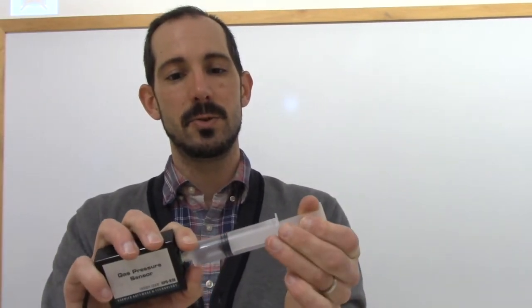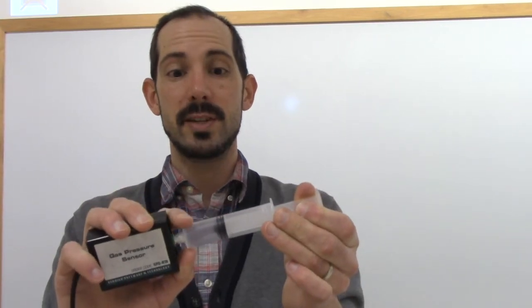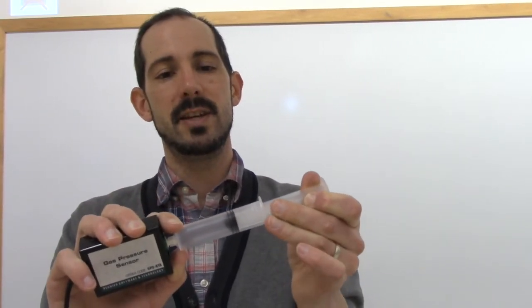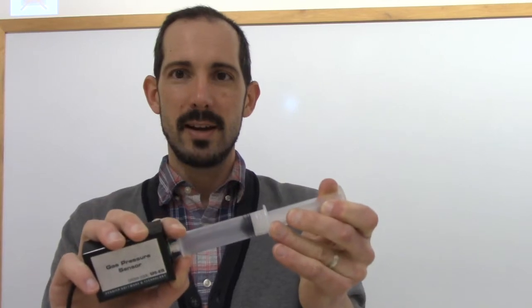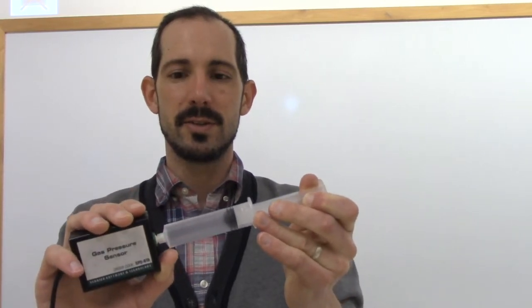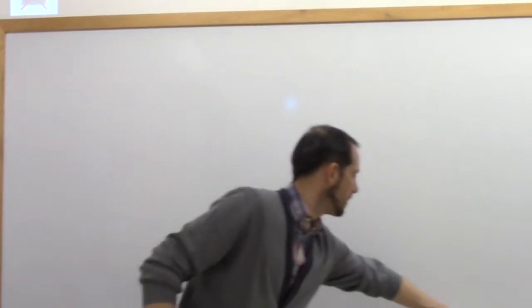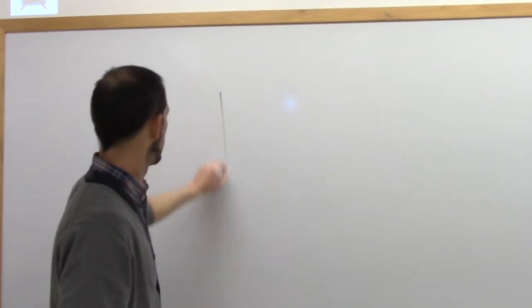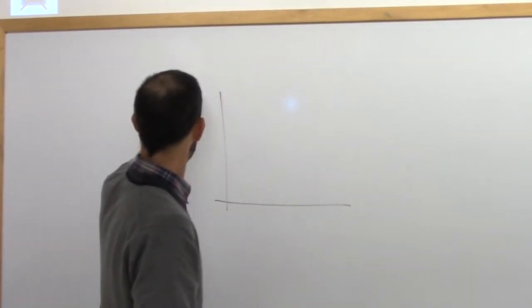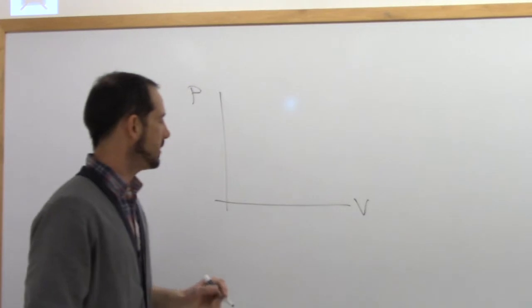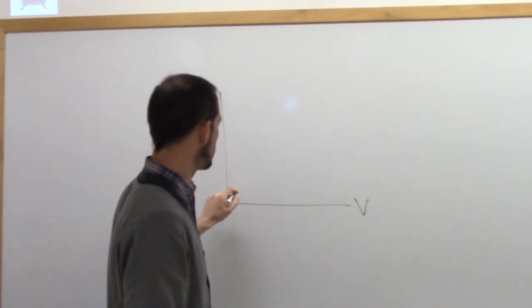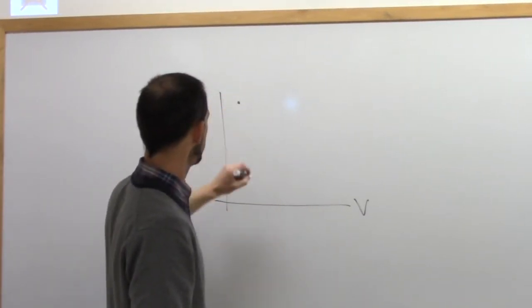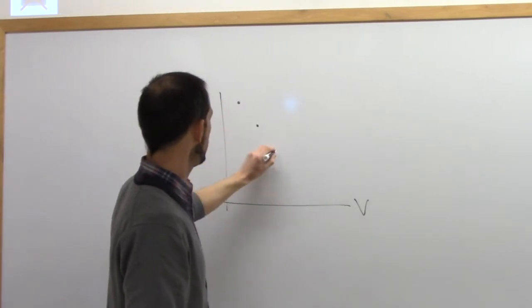milliliters, but then I begin to expand this. I can expand this to 10 milliliters, and the pressure is going to decrease inside, and then expand it to 15, expand it to 20, and we can get a measurement with this Vernier software of how that pressure is decreasing. So the graph that we get for that is one where we start with a small volume and a large pressure, atmospheric, and then as you increase that